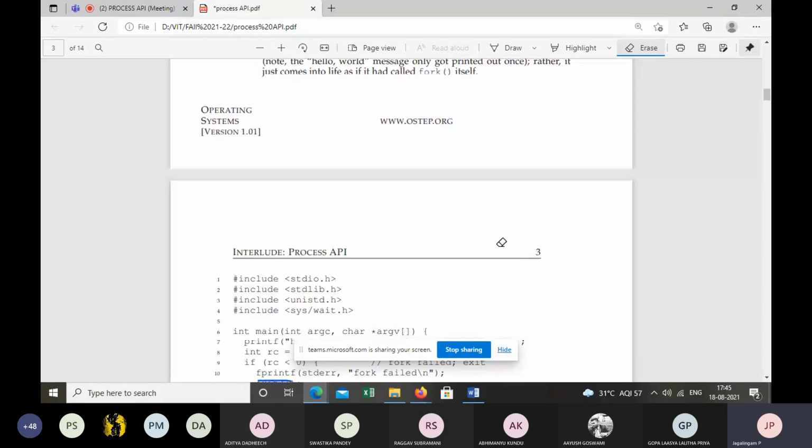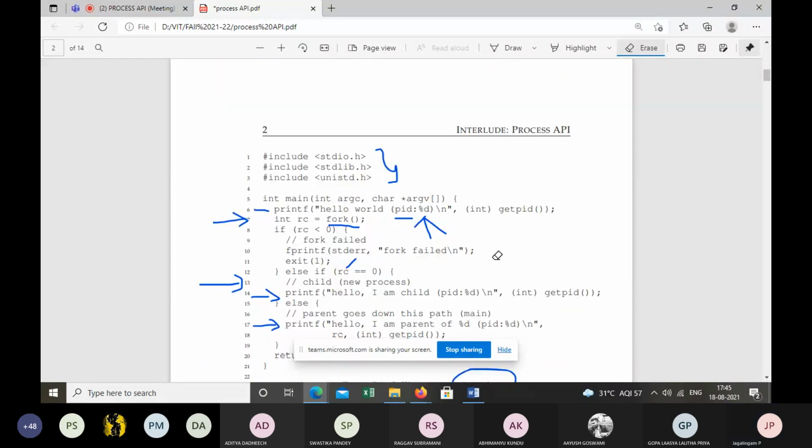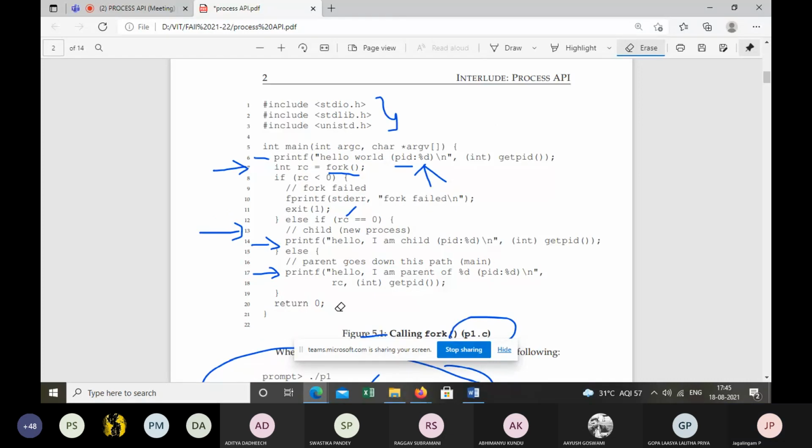Generally, what is the flow of execution? We always go from the main function of the code. You have printf in line 6, so obviously that will be executed first, and then the second printf statement in line 14, I'm child, and in line 17, the last printf statement. So we'll have the execution instruction by instruction. But what they said is, if we assume that we have a single CPU, sometimes the parent may execute first and then the child comes.